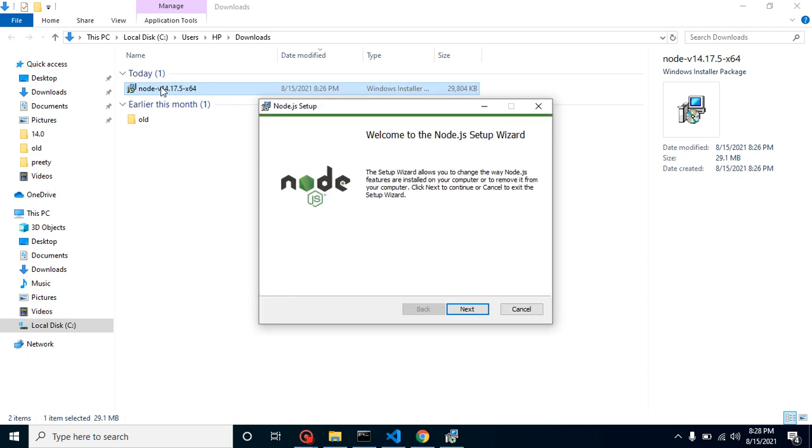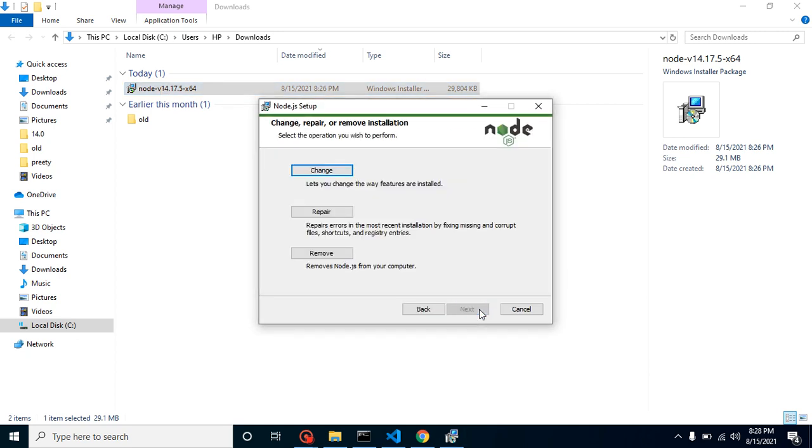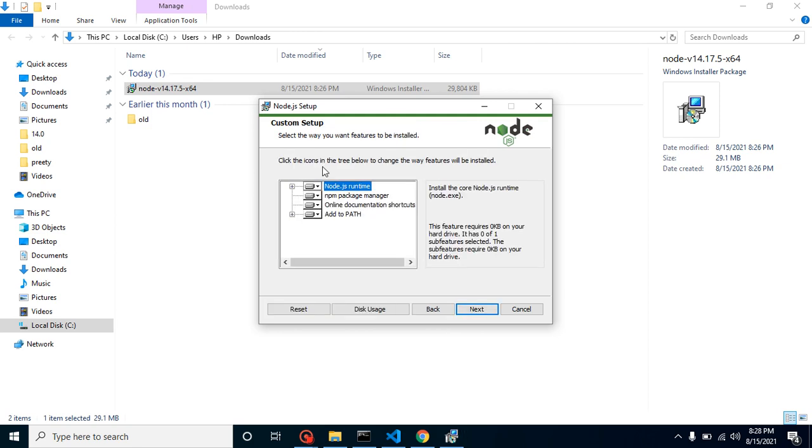First of all, we go with the next button, and we can change our previous version also, because before making this video I was testing that everything is working fine. So in your case this pop-up might not be there, right? I am just clicking on the changes, and the next process is the same on your computer also.